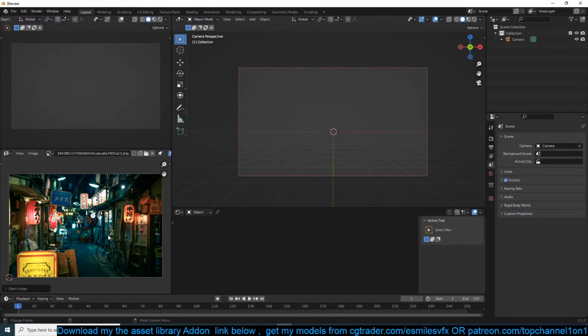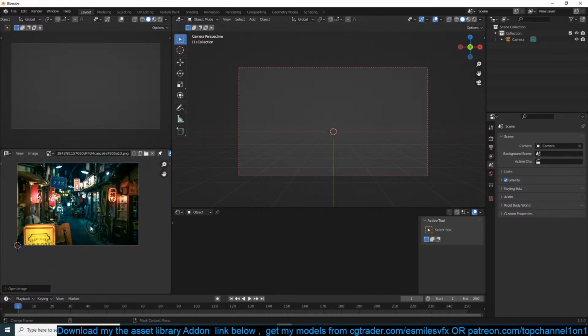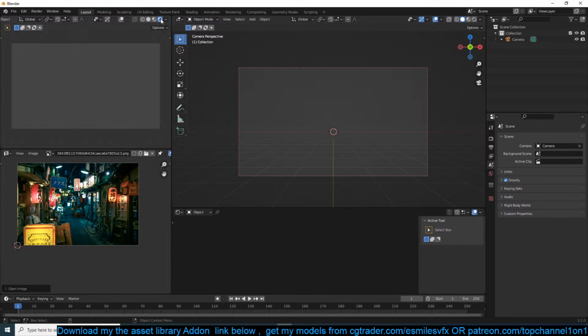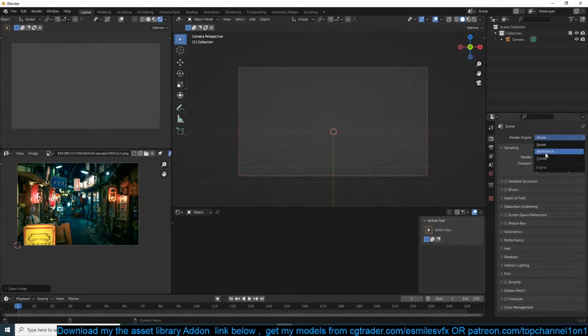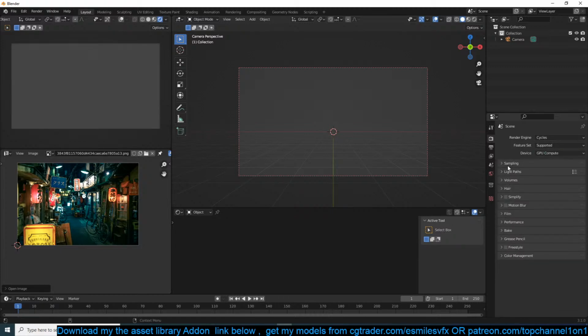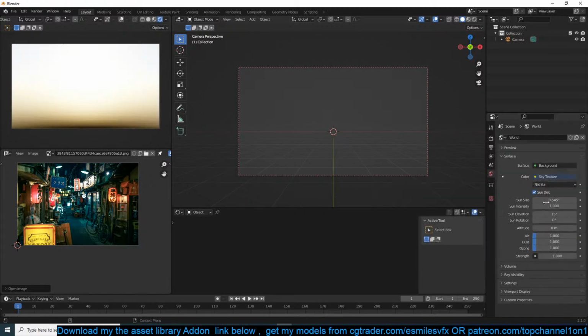Okay, let's make this early. I think we're going to start with, I'm wondering if we should use Cycles, let's just go with Cycles. It's much faster to render. Set up the sky.